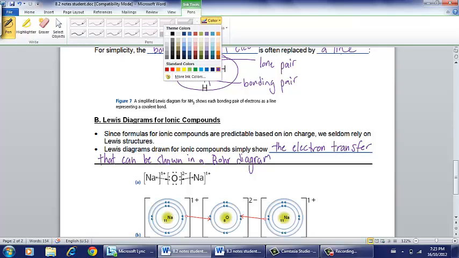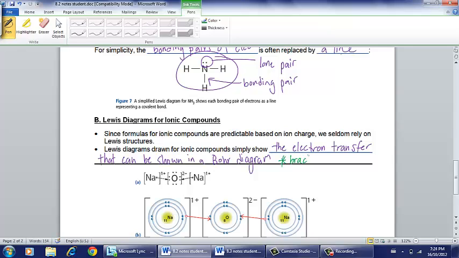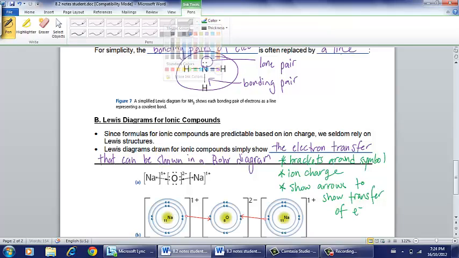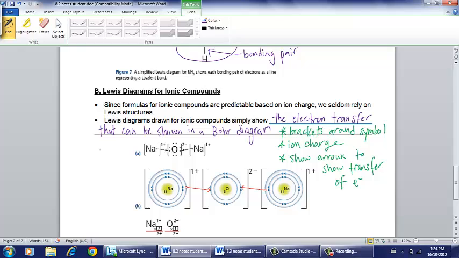There are some special rules that you need to follow when you're doing these Lewis diagrams. You need to have brackets around the symbol, because of course it's going to be an ion, you have to show the ion charge, and you have to show arrows to show the electron transfer. Salts have no effect on chemical indicators. So if you are using any chemical indicator, it will just not have a change when you put it in a salt. So here we have the Lewis diagram